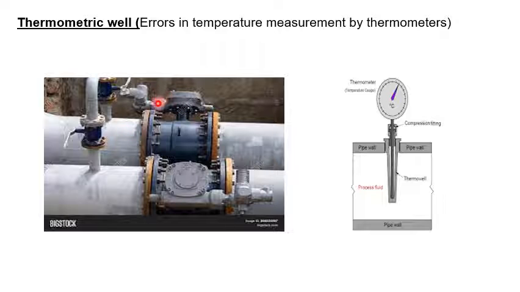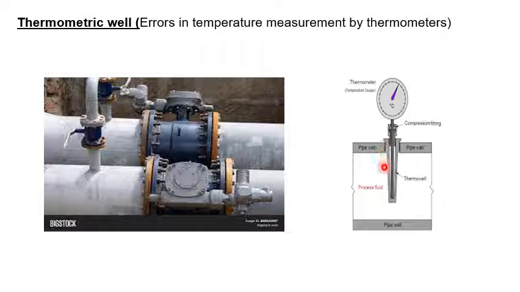In those cases, some arrangement, a pocket or well type, has to be designed to measure the temperature of the fluid which is flowing inside the pipeline, right? So it may be a slurry pipeline or gas pipeline, and these pipelines go for a long length, right? So in those cases where the temperature has to be measured, we have to use the concept of thermometric well. What is thermometric well then? A thermometric well means this is a pipeline.